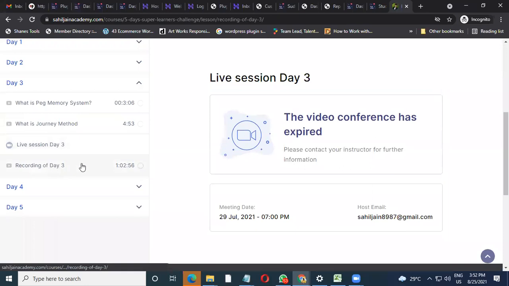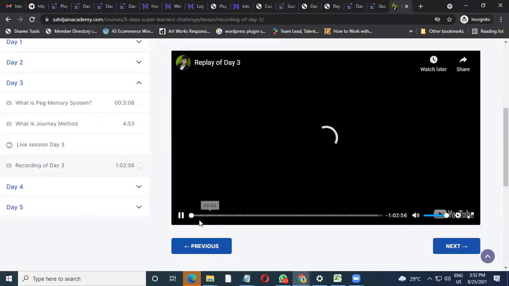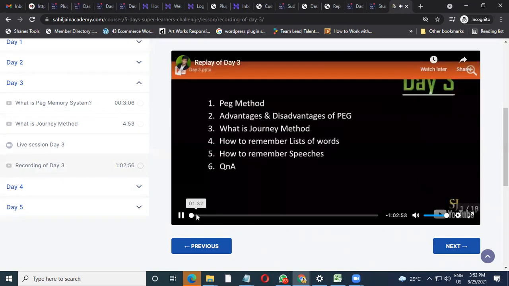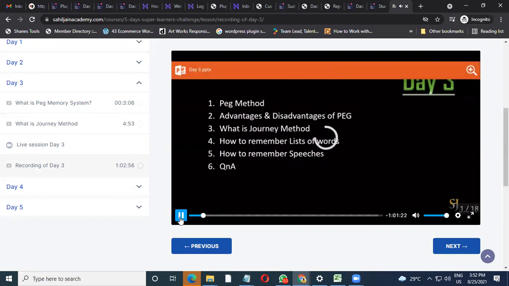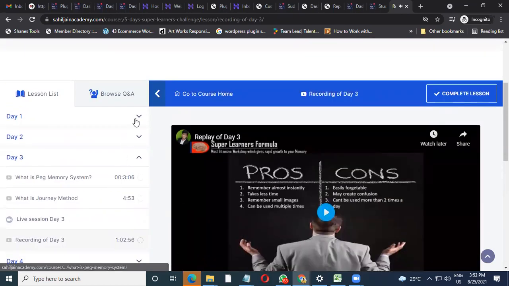He has put up one more tab as a recording, and he has given the recording to everyone, saying that okay, this is what the session was. So in case students are coming again and watching it, want to see what happened, if they missed the course, they can always watch the session and have a look and feel.